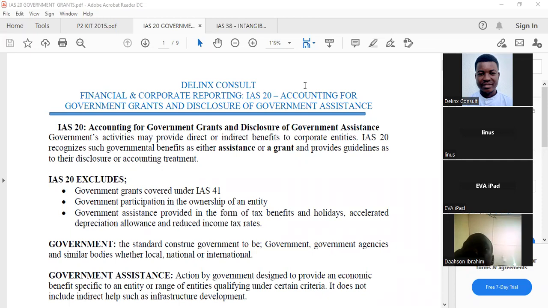Why should we account for grants? A grant is a potential liability, and it might be given for a number of years. If we are saying take this amount of money and employ fresh graduates for 5 years, you can't just go and write the total amount to your statement of profit or loss for one year.